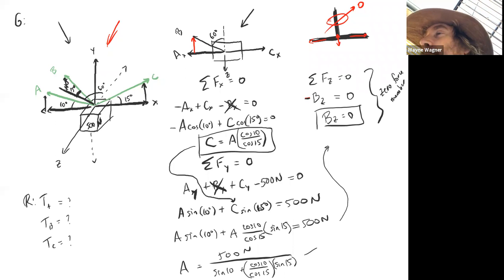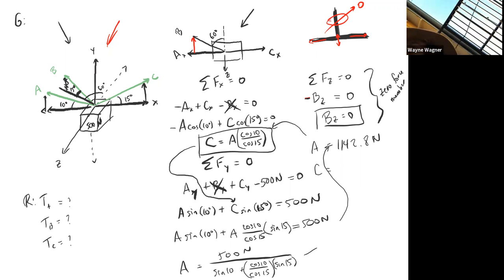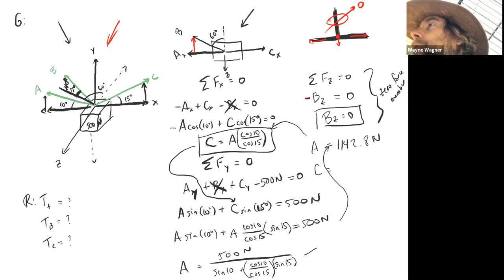Okay, so we got 1,142.8 newtons is A. Okay, and we can plug that in right over here and we'll get C. And C equals, we'll take that number, multiply by the ratio of the cosine of 10 to the cosine of 15. And we get 1,165.1 newtons. Okay, and so if we round that to three significant figures, we say A equals 1140 newtons and C equals